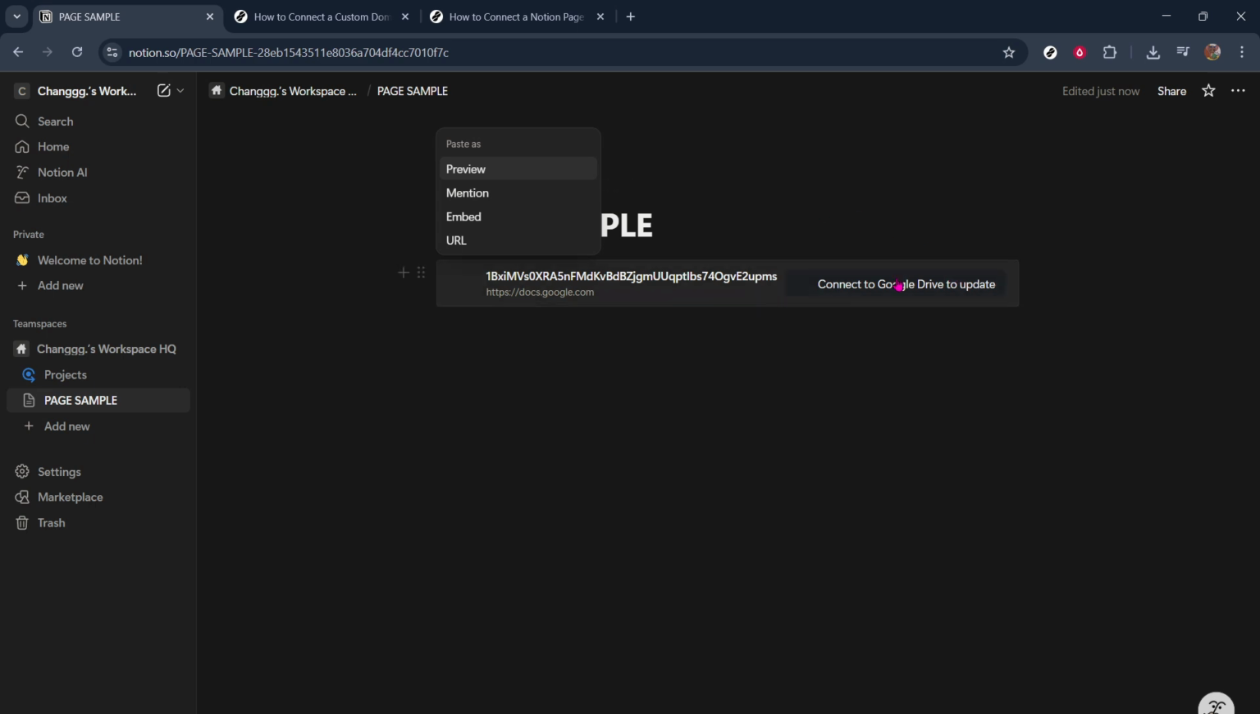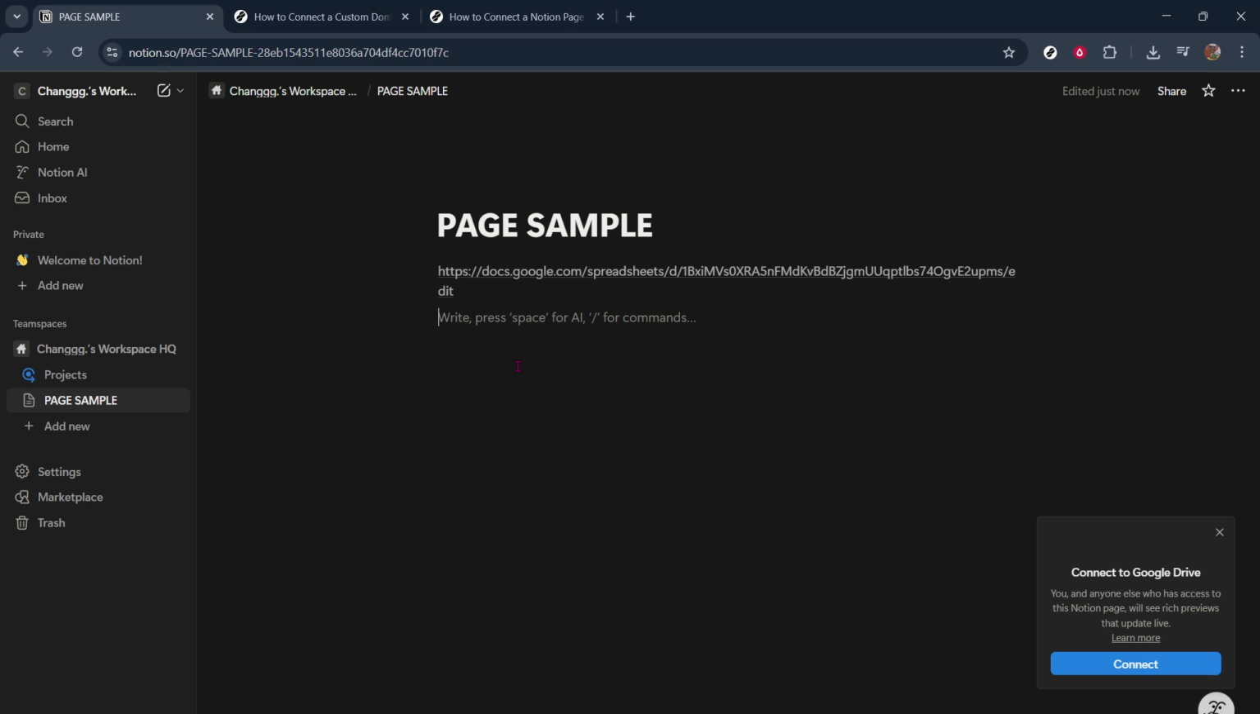After pasting the link, Notion will automatically attempt to embed the Google Sheets document directly onto your page. In some instances, you might want to wait a few seconds for the embedding process to complete. Once it's embedded successfully, you should see a preview of your Google Sheets within your Notion page. This embedding capability makes it easier to reference, view, and even update data directly from Notion without switching back and